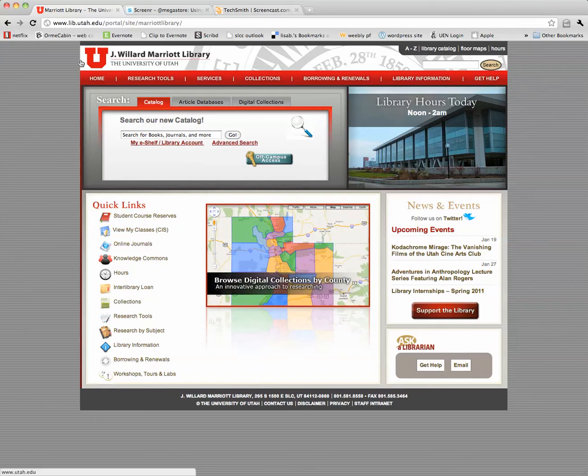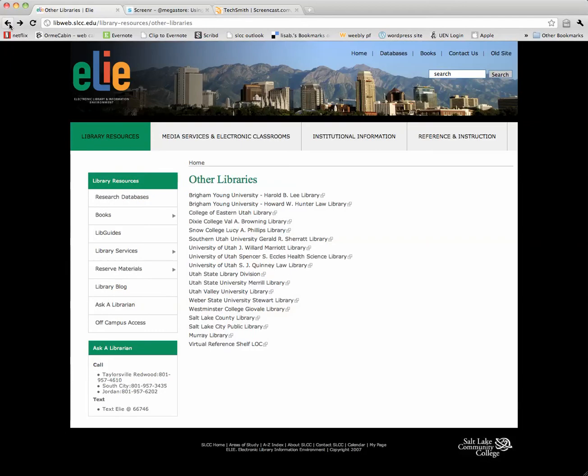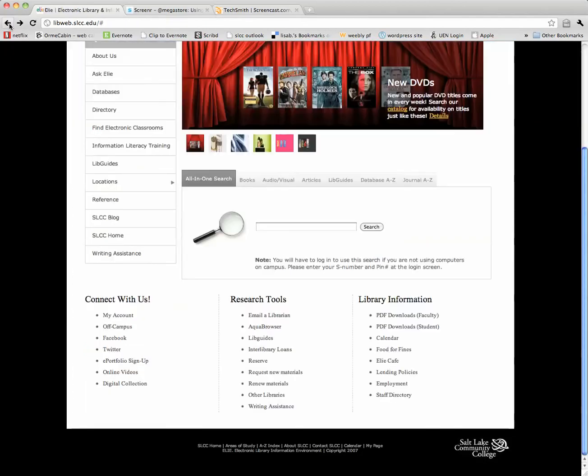The other thing I wanted to point out about our library and about your being an SLCC student is that they have what is known as Interlibrary Loan. That is to say, if you find a source that we don't have, like we don't have it in hard copy, either the book or the journal, and you can't find it full text online, our library will arrange for you to get the materials, either by having you be able to check out the book through our library or by getting the source from the journal itself.